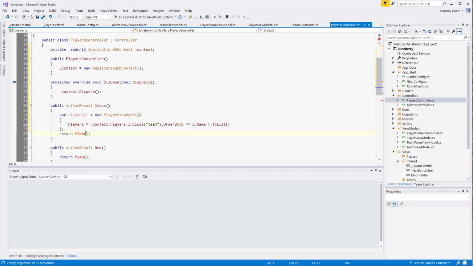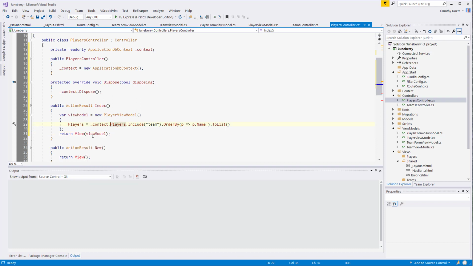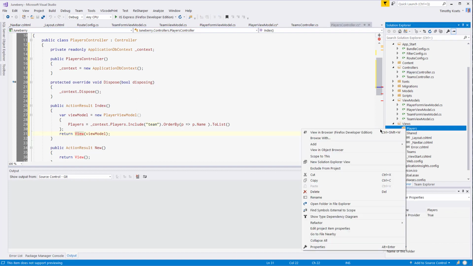So at this point, I can call up my view, and this line right here, I need to pass the view model to the view, and that's done like this. Now the view is in red because there is no index view for players. So my next step is going to be to go down to the players under the view folder, right click,